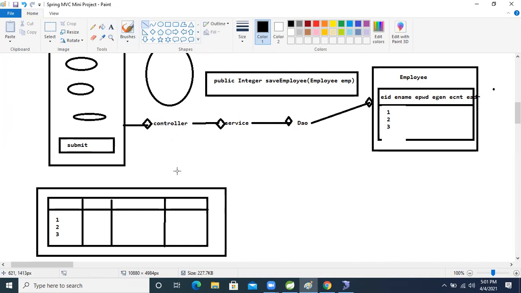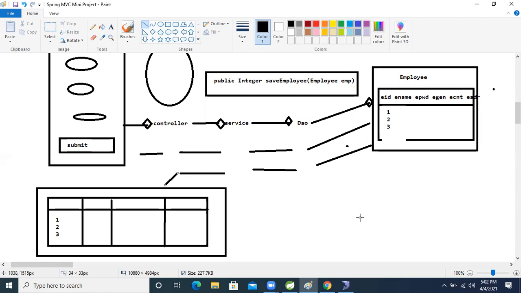The request will come to the controller. From the controller it will interact with the service layer, after that the DAO layer, right? Then from the database, our DAO layer will select all data. It will return back from the database to our DAO layer, and the DAO layer will return back to the service layer, and the service layer to the controller layer. After that our controller will expose this list of data. This is our execution flow.